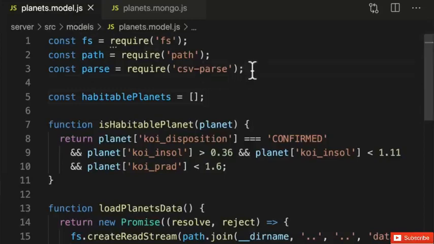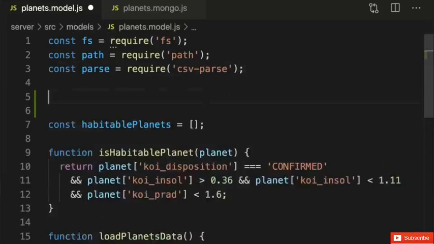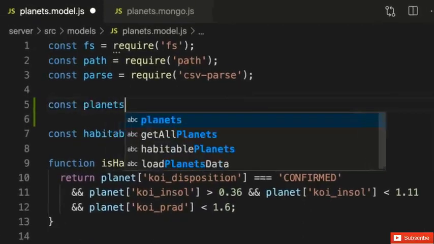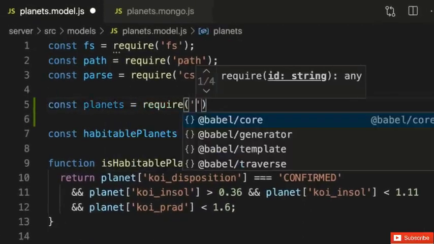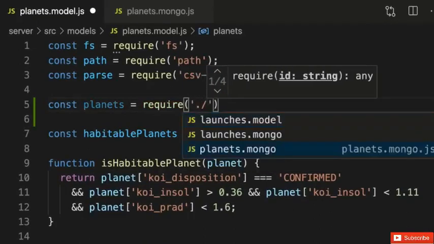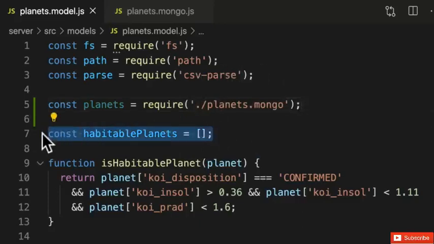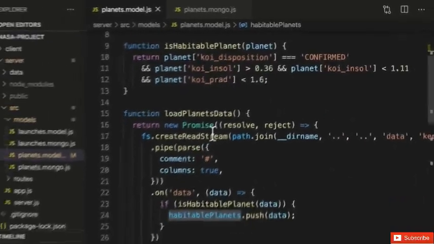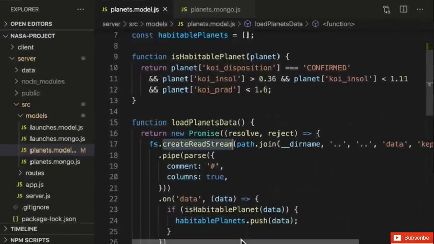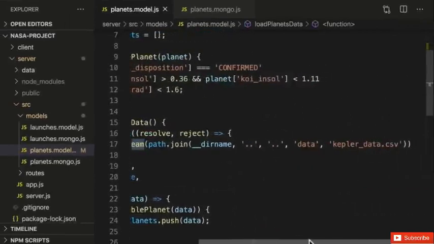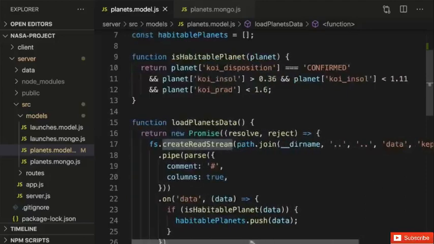So let's take that Mongoose model and require it. Right here below our built-in imports, we'll say const planets equals require from the same folder, planets.mongo.js. And as we mentioned, we're going to keep the in-memory storage, which is called habitable planets, around just for now. What we want to do is, after our planets data is parsed and read from our Kepler data.csv file,